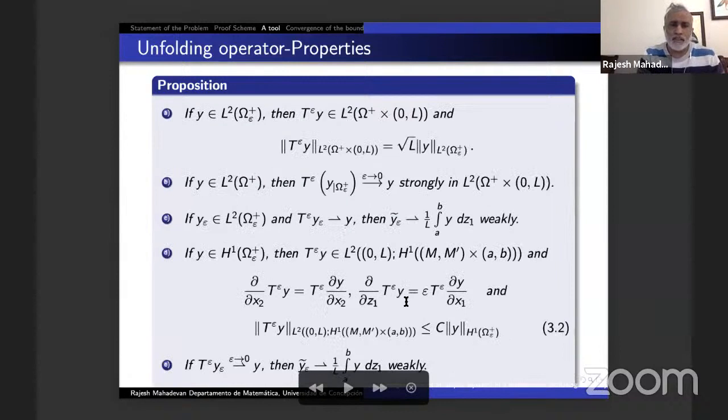So once you have this, and other than that, some of these are consequences again of some of the points before, which I would not like to go into. But what I would like to mention here is that if y is an H1(Omega epsilon) function on the upper domain, there are these relations, and other than these relations, the L2 norm of this function T epsilon y, the unfolded function, because of the definition,